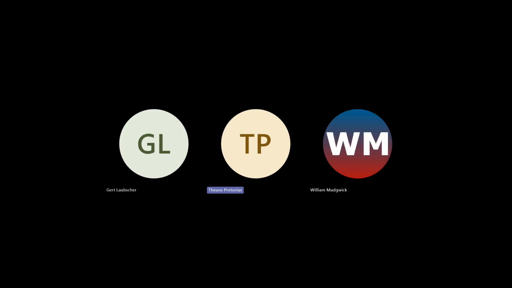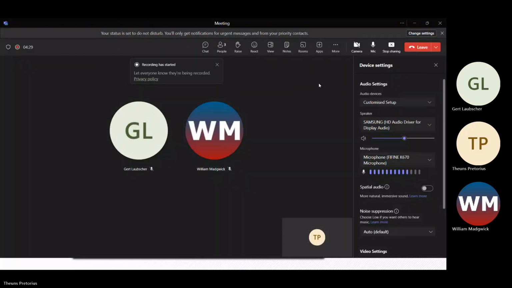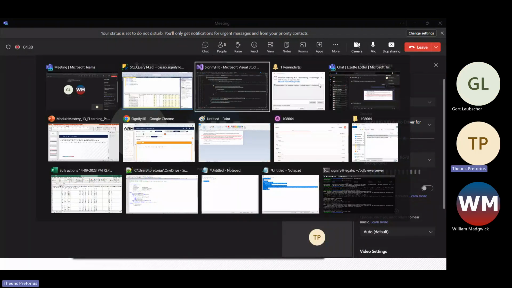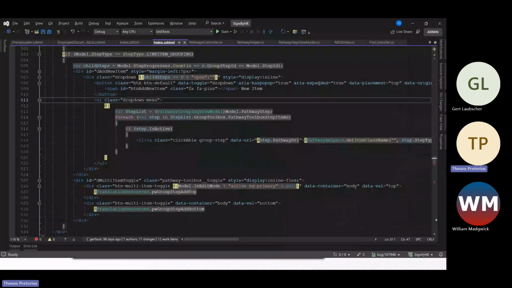I thought that it would be a good idea just to go over the code of the step view, the index view of the pathway. Just once again, I wasn't fully prepared on Tuesday. My apologies for that. So it felt a little bit incomplete. So I thought let's spend a session on the view on its own. And let's marry the code with what we see on the front end, because that gives us a better idea of where the code